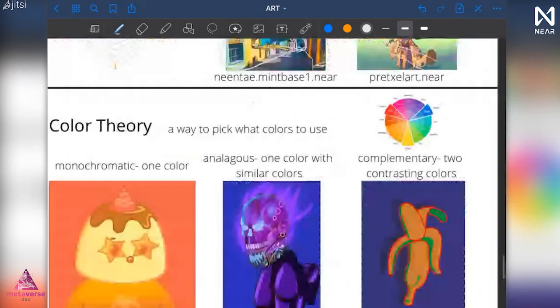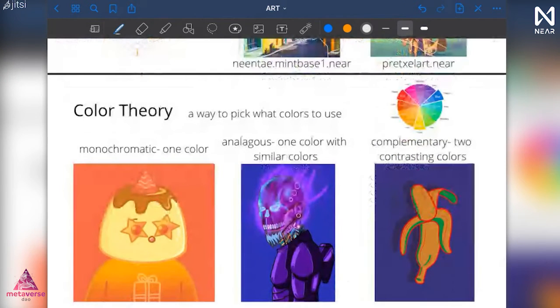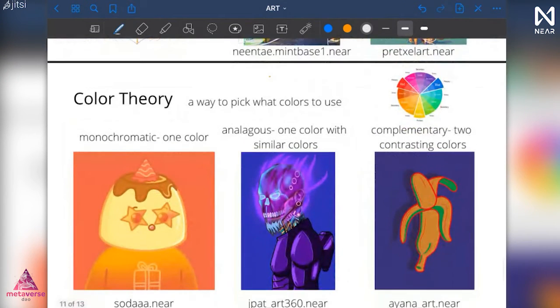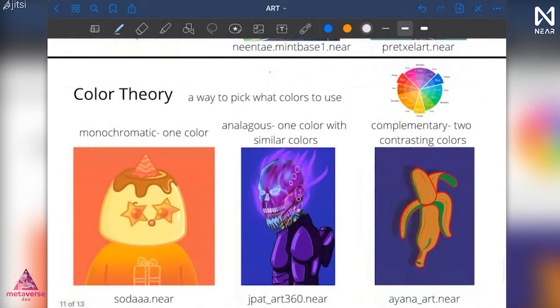That's all very interesting. But how do we pick the colors that we want to use? How do we know what colors look good with each other? And how do colors make us feel? And that can vary from culture to culture. In different cultures, different colors have different meanings. And so that's something to consider. But in general,